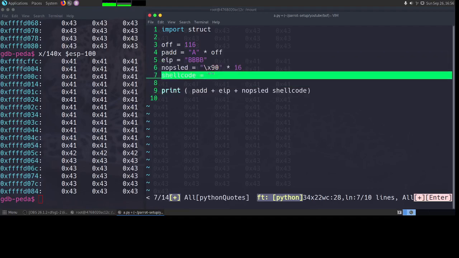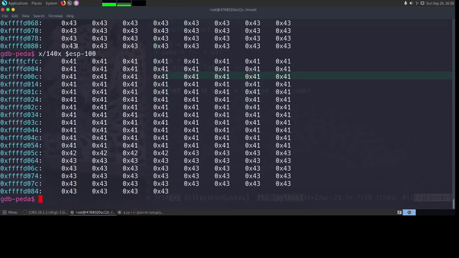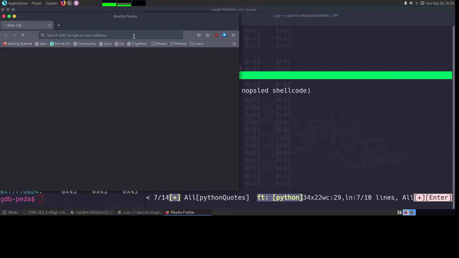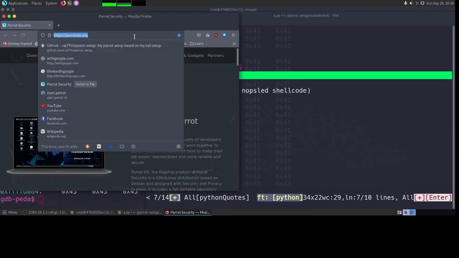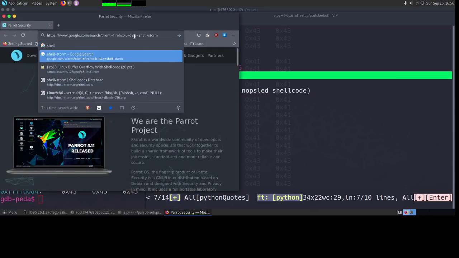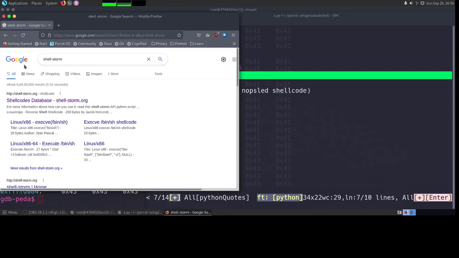And then I need a shellcode. Now for shellcode, there are various ways you can get one, but I'll show you one way that I prefer. There is a site called Shellstorm. If you search for just Shellstorm, you will come across this site, shellstorm.org/shellcode.